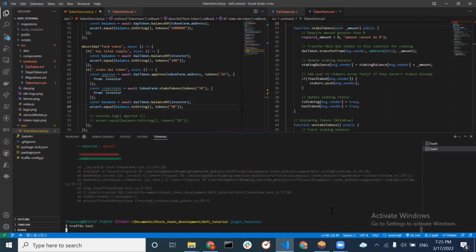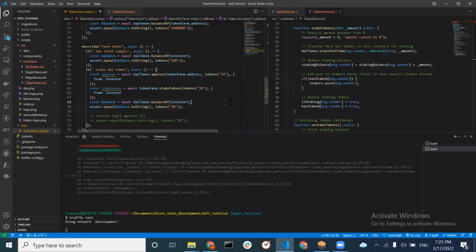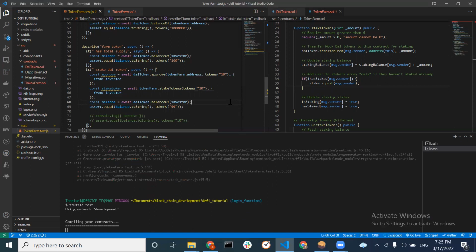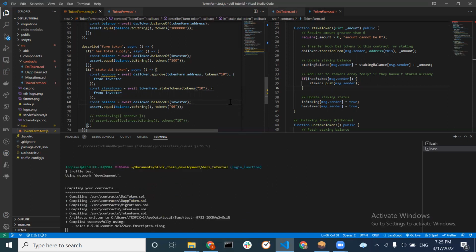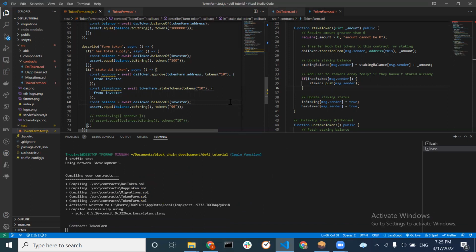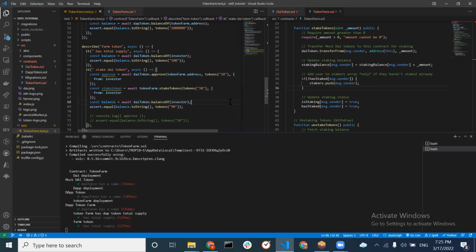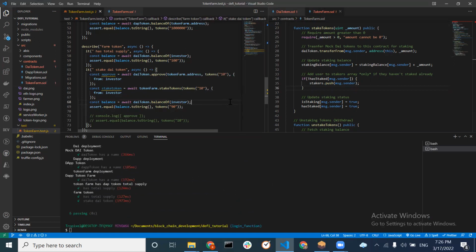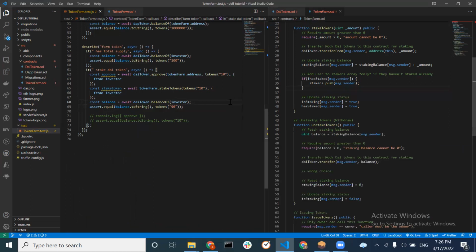Just let me run this and so we expect everything to pass now. Yeah, so pretty much got it right. So there's still a lot of tests to be done, like checking